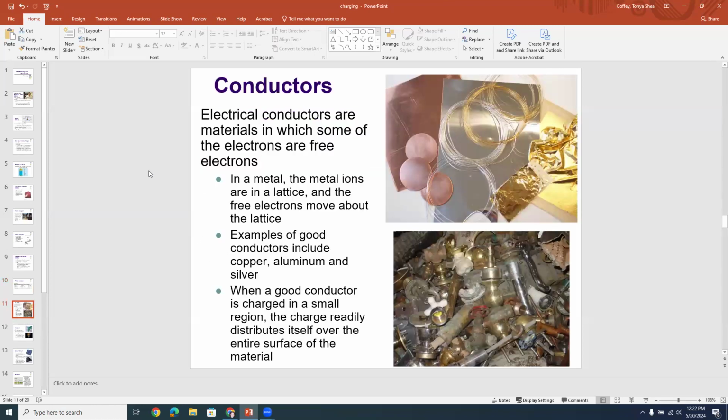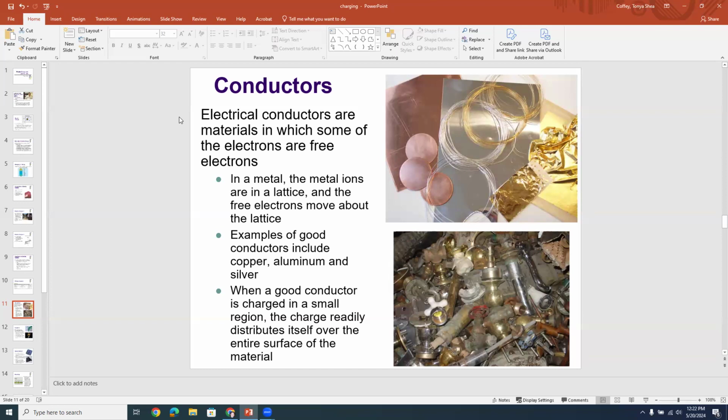Let's talk about the different kinds of materials that there are. Some materials transfer charge easily and move charge around easily, and some materials don't. The ones that move charge around easily are called conductors. So in an electrical conductor, these are materials where some of the electrons are what we call